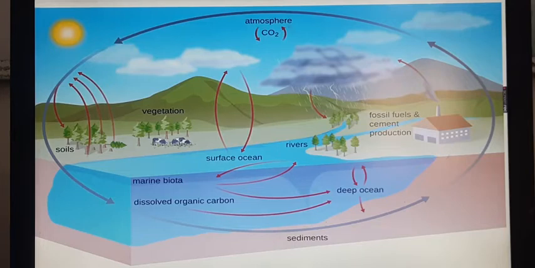Now the carbon cycle. We know the importance of carbon, that all organic compounds that enter into the composition of living matter, for example carbohydrates, lipids, proteins, enzymes, hormones, etc., they all contain carbon. So carbon constitutes at least 49% of dry weight and is next only to water in abundance in the living organism's body. So